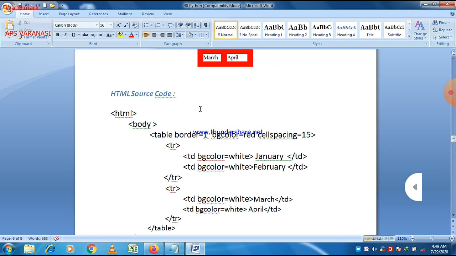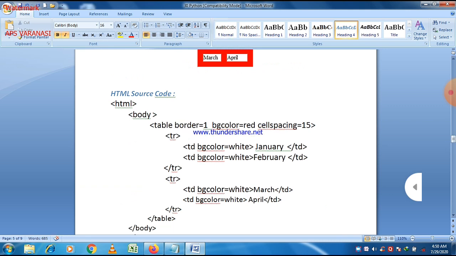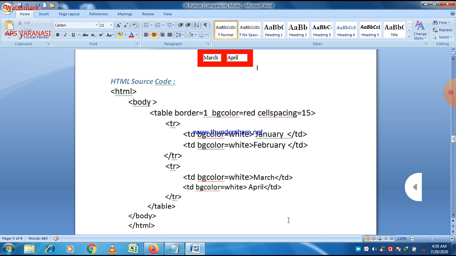Background color is an attribute of a table tag as well as a td tag, which is represented by bgcolor, background color. So we can put a background color on a whole table or in a particular cell also. If you want a background color for a particular table, then you can write bgcolor as an attribute of the table tag. Otherwise you can put it in a td tag. So there is a background color of a particular cell. Here we just put a background color on a particular cell because we want to show the cell spacing between different cells.